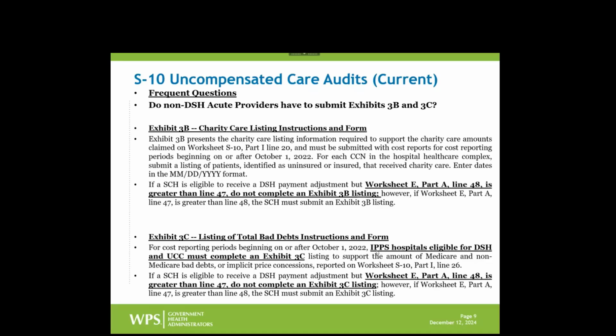It also clarifies that IPPS hospitals eligible for DSH must complete an Exhibit 3C. That's not found up in 3B, but the reason is it was already included in the Federal Register. I said this one was left out, so they had to add this excerpt here. But it actually benefits us because it clearly says IPPS hospitals. Doesn't say a thing about CAHs.